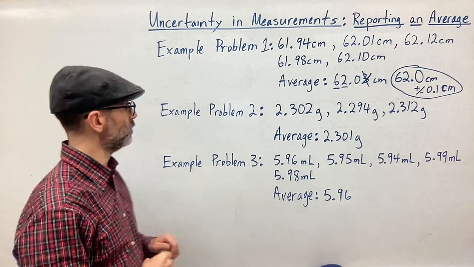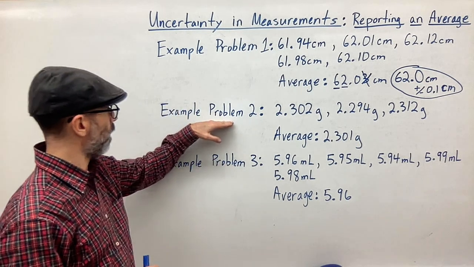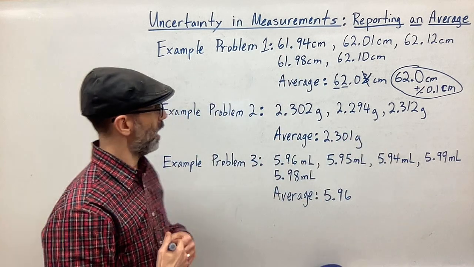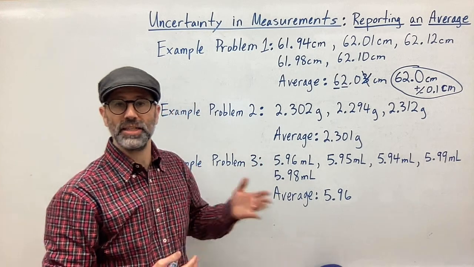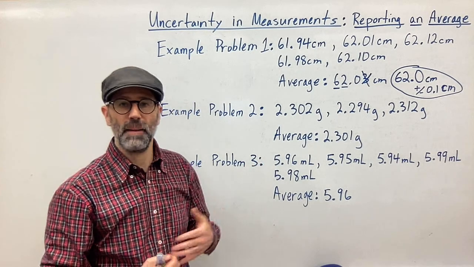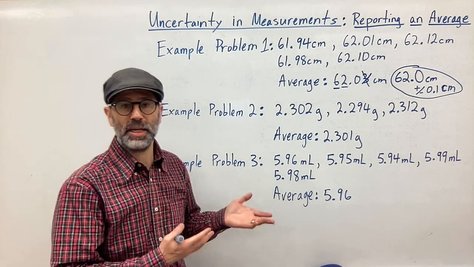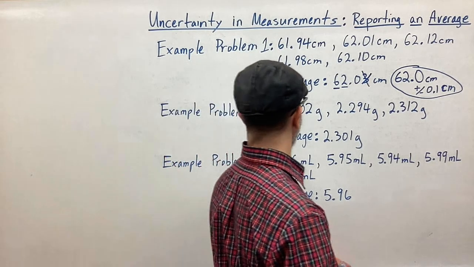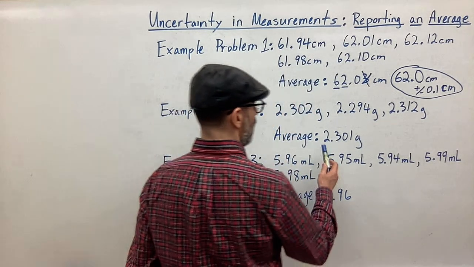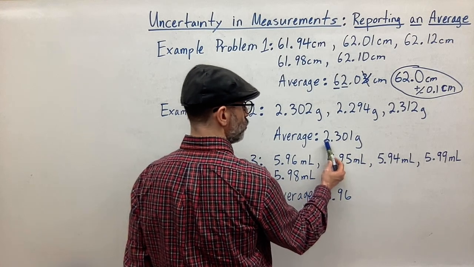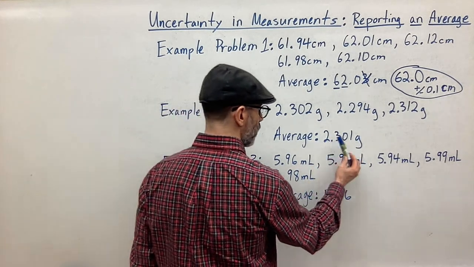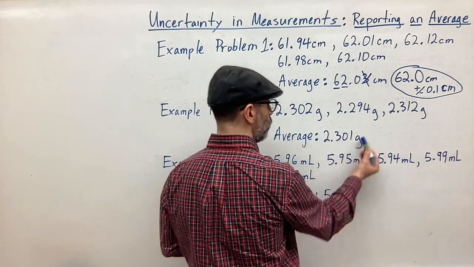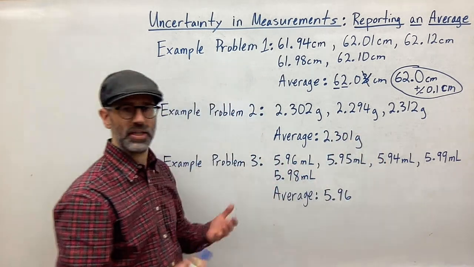All right, what about example problem number 2? So here we have 3 measurements in grams. We're measuring an object 3 times. Maybe 3 different people measure the same object. Maybe I measure it at 3 different times and see the accuracy or precision of my device. And so then I get the average here, 2.301 grams. And so the question is, am I allowed to record this value, and what is the uncertainty that